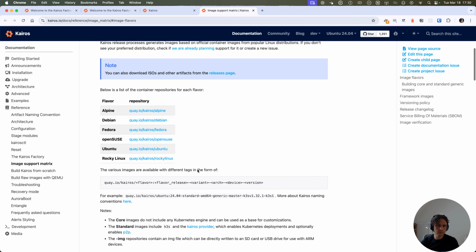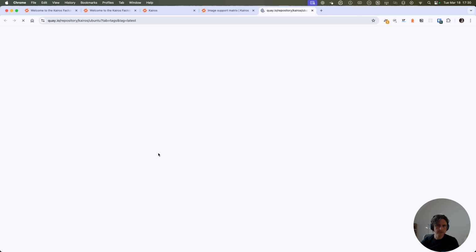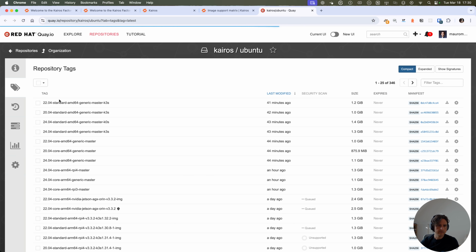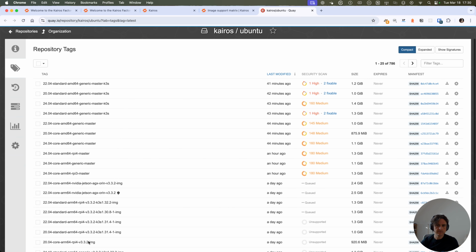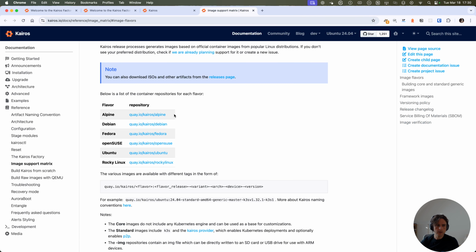And to build these images, well, you have different options. You can already consume our container images, which we publish, for example, here, and you have all the different tags for them for whichever one you already want. But it can also be the case that you might want a completely different image from what we offer